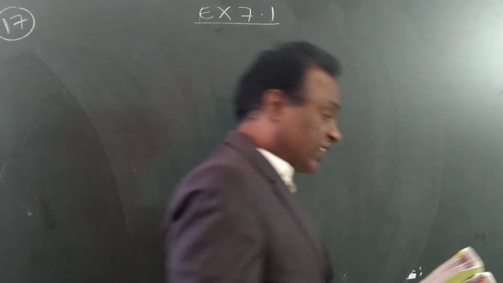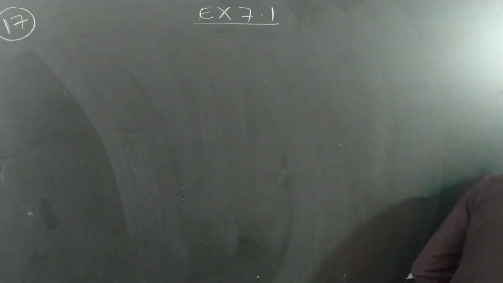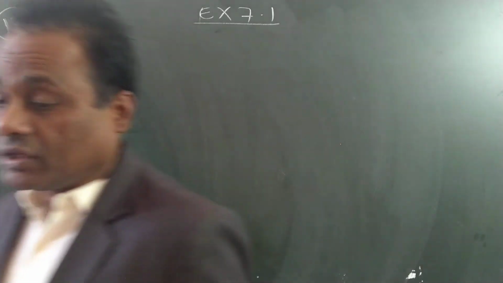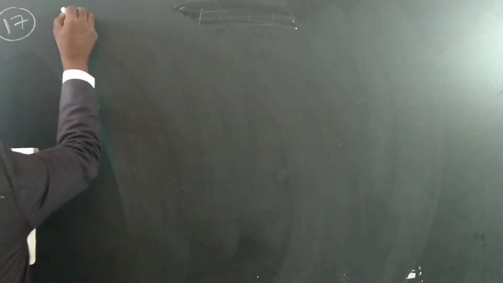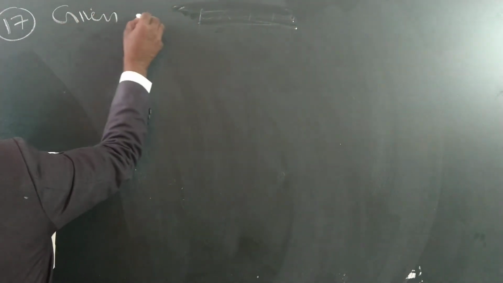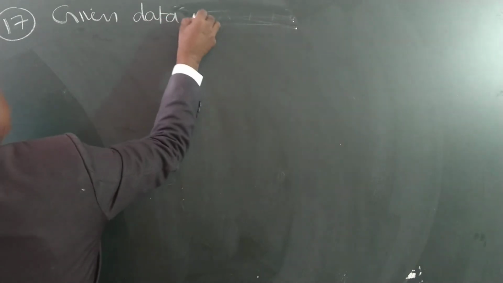All of you open your textbooks and read that question. 17th question, you read it and just try to understand. So the given data is like this. See here. 17th question, given data is